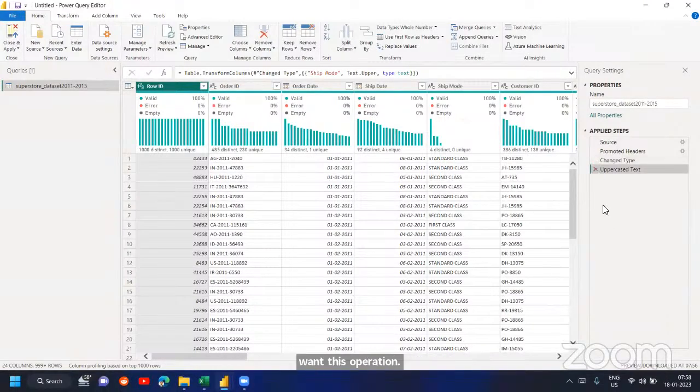So everything is about understanding the logic. If you know the logic, then Power Query is very easy. If you don't know the logic, then you have to build that logic. That's all it requires. Only DAX requires formulas. That is where you require writing DAX formulas and all. That part will come later. But for Power BI, all you need to know is how to build the logic. If you are good with your logic, you don't need to worry about Power Query. It's going to be very interesting also.